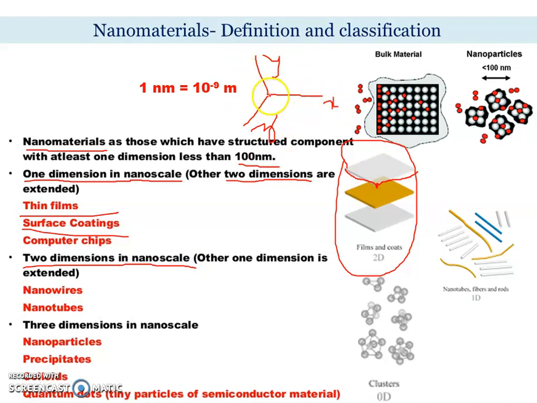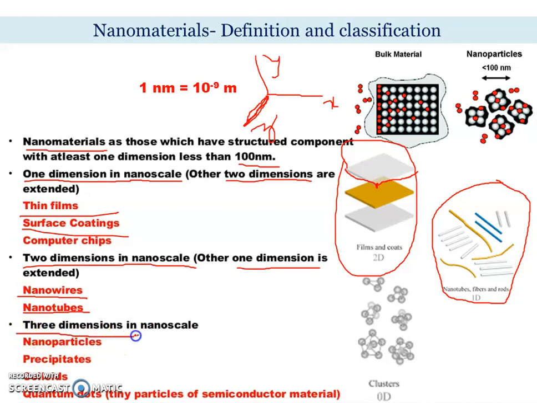Already we decreased the x dimension, we end up with a sheet. Now we are going to decrease the y dimension also, then we end up with a tube or rod, etc. So this is called nanowire or nanotubes. Nanotubes means inside it should be hollow. This type of material is called one dimension material. So nanotube, nanofiber, nanoribbon, nanowires, these are all one dimensional materials.